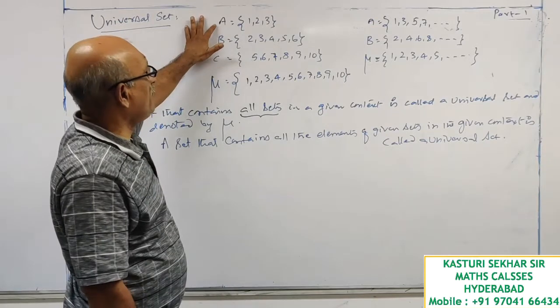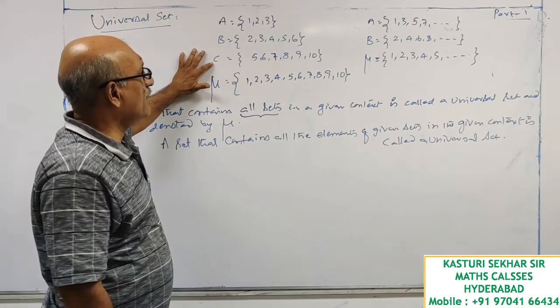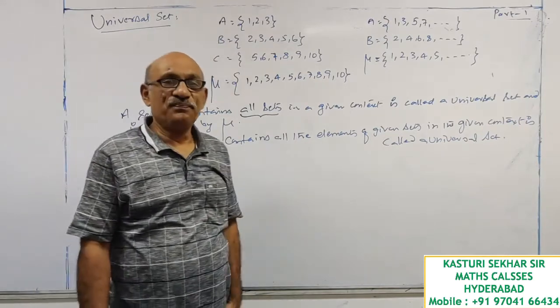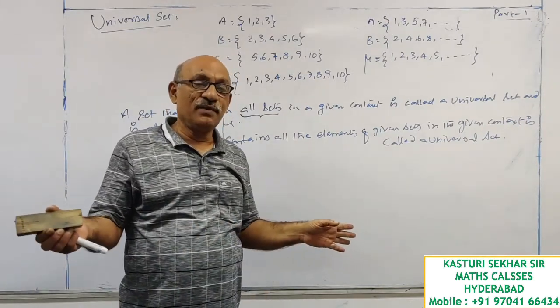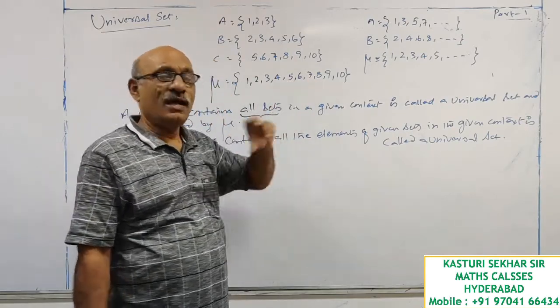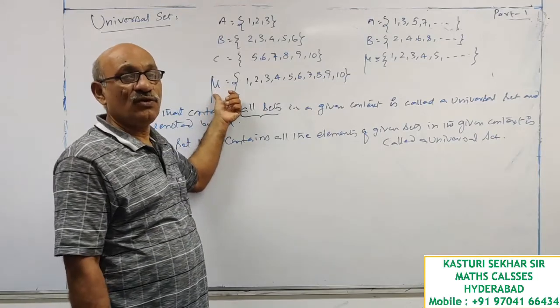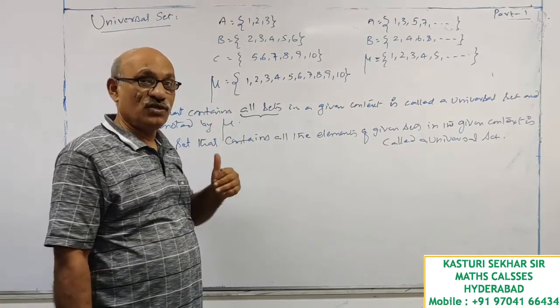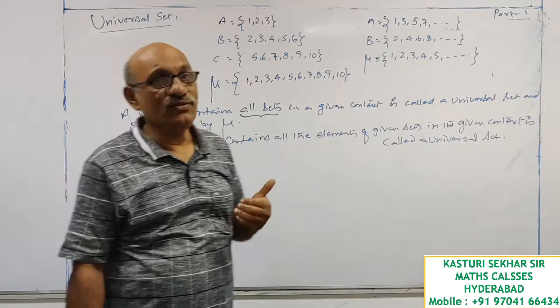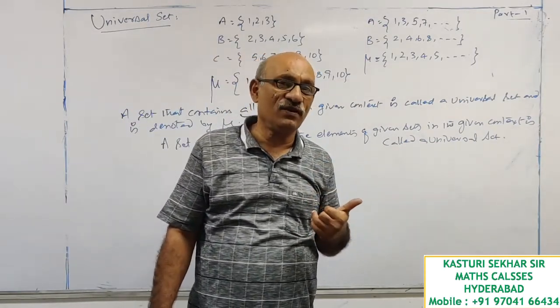Set A has 3 elements, set B has 5 elements, set C has 6 elements. Repetition is eliminated, and the remaining elements, when I represent them, give me one more set. That set is denoted by the universal set. This way, looking at a set means you have to always look at the set from its elements' point of view.